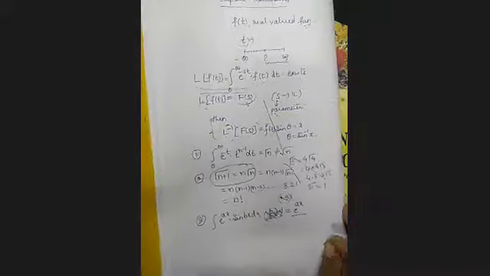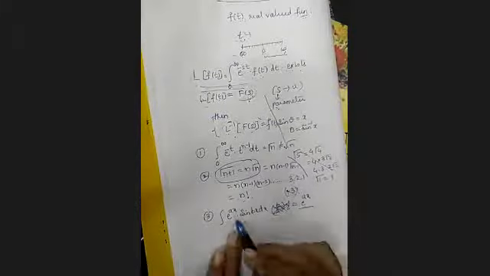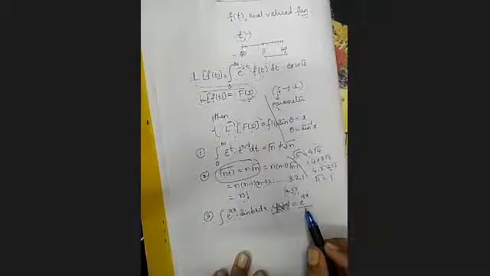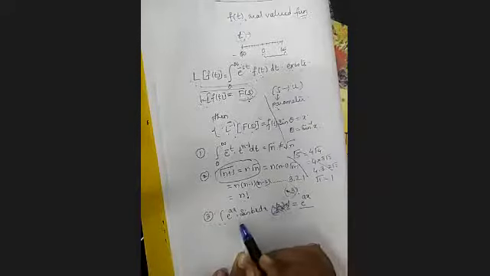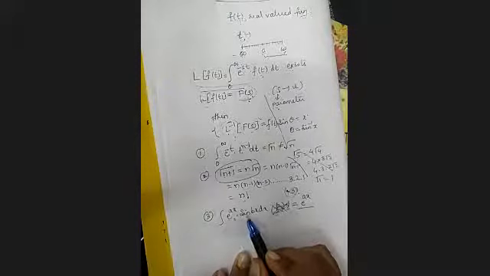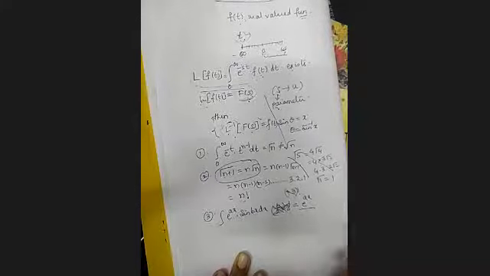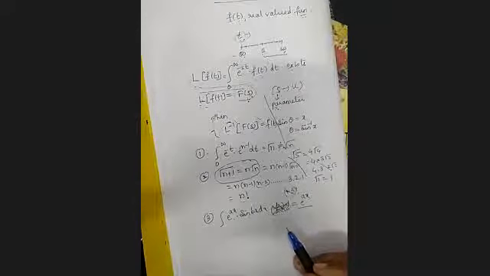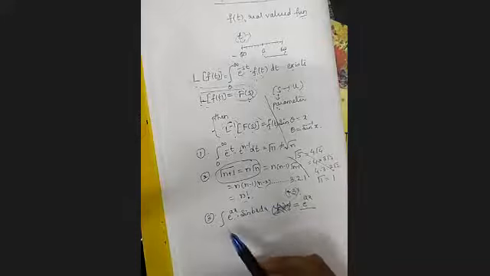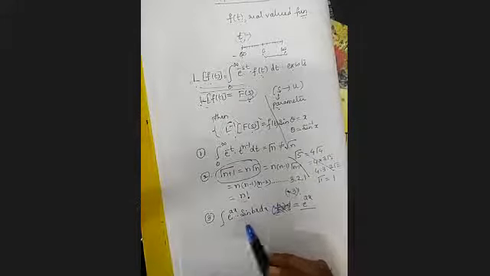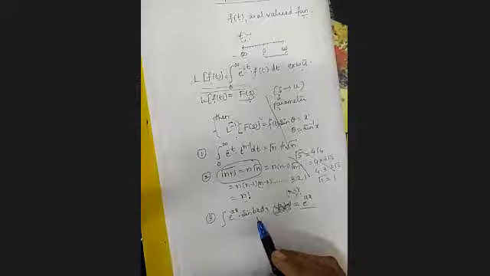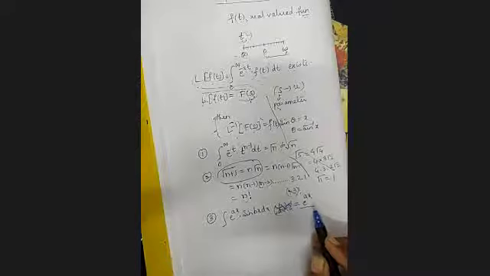Do remember, it is e raised to ax. Now this is a product. We cannot do it by parts, so we have to use this result. Why? Because if you want to do it by parts, the derivative of one of the functions should become 0 after some step. Does the exponential or sine become 0 on differentiation? You do it 100 times, 1000 times, these two are just going to change. Exponential remains exponential, sine changes to cos, changes again to sine, never ending. So we cannot apply by parts. We have to use this result.